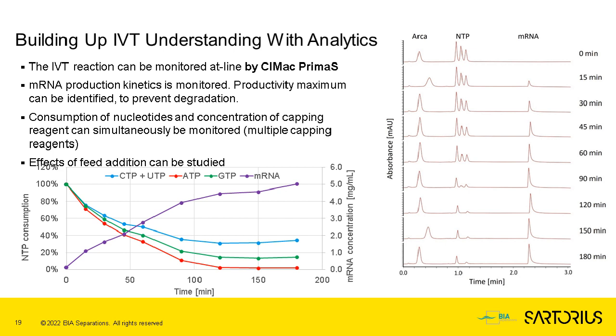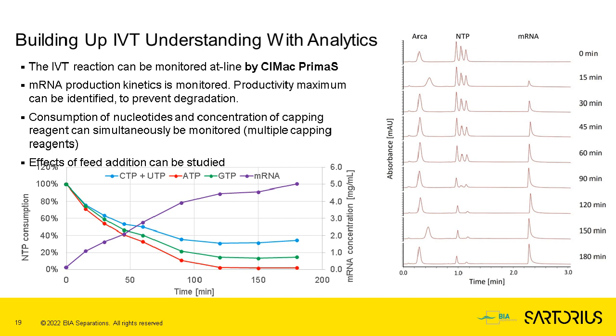numbers, and so we can plot out concentrations of individual nucleotides as a function of time, and we see that in this particular case, ATP was consumed first. Its rate of depletion was fastest, followed by GTP, followed by the peak that combines the concentration of both CTP and UTP. So we can then design the next iteration of this reaction, either increase the concentration of ATP or increase concentration of all nucleotides,